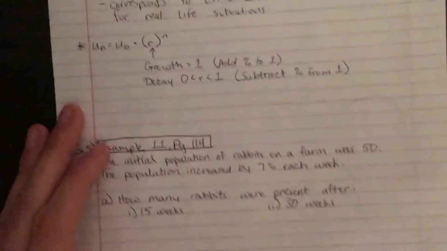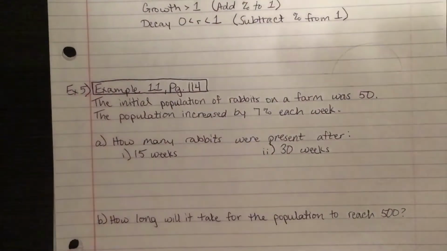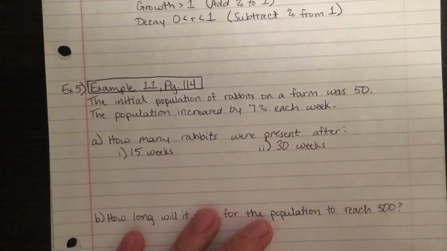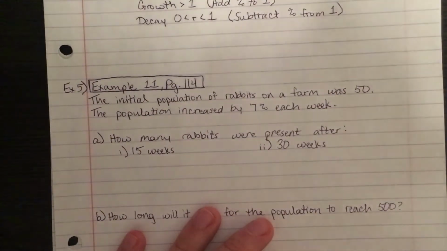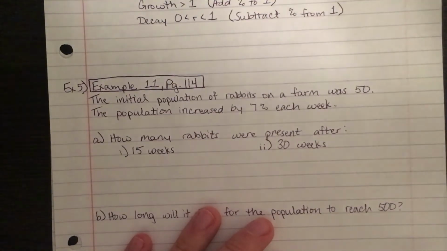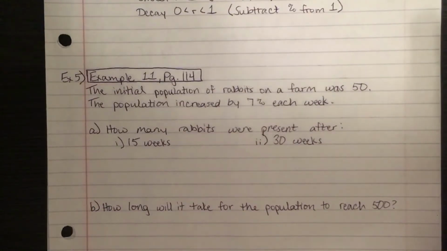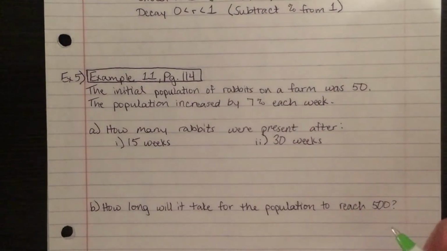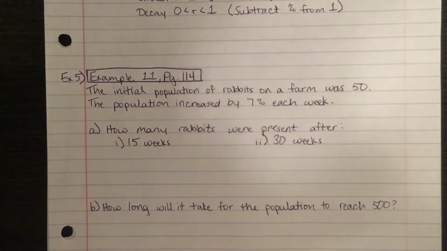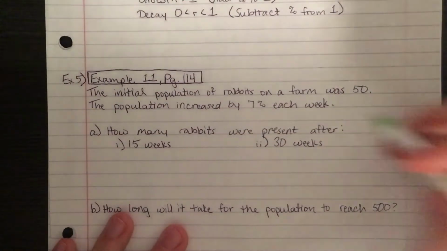We're going to look at 2 examples of growth and decay, and then we will call it a day today. The first one we're going to look at is: the initial population of rabbits on a farm was 50. The population increased by 7% each week. And we want to use that to predict how many rabbits would be there after 15 weeks or after 30 weeks. And to do that, we're going to say, okay, well,